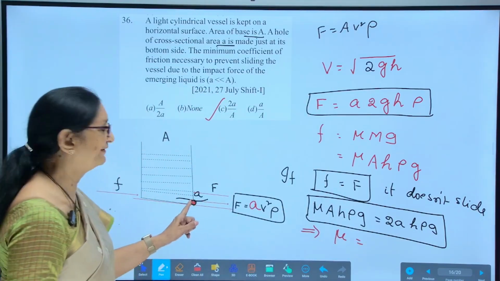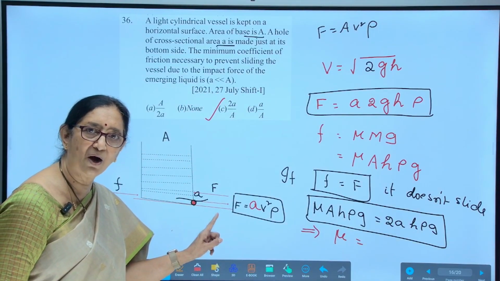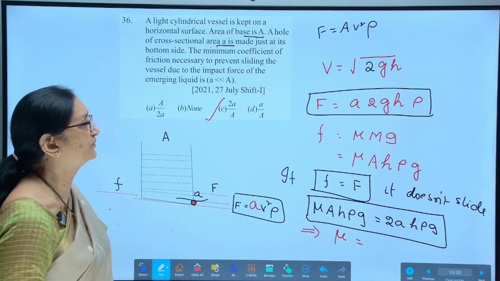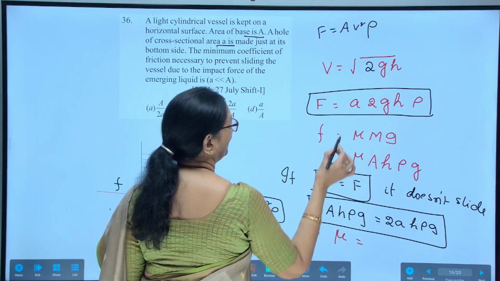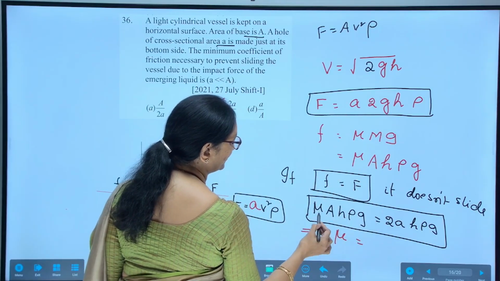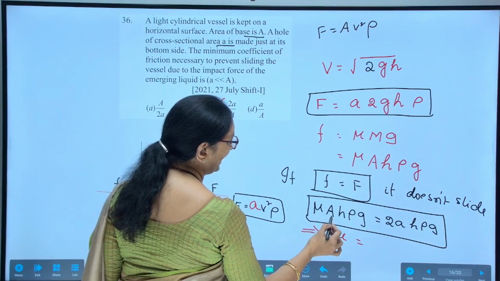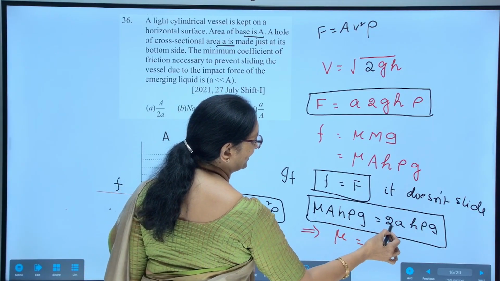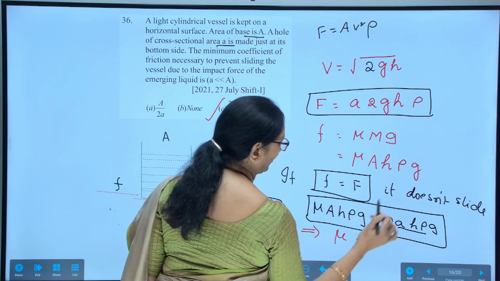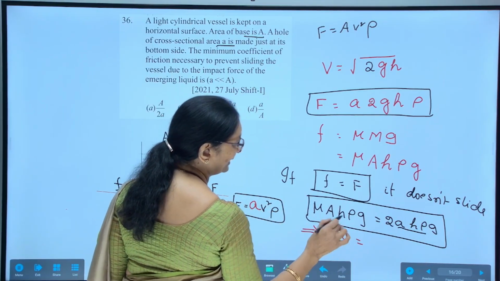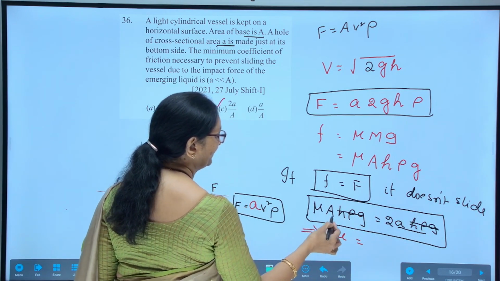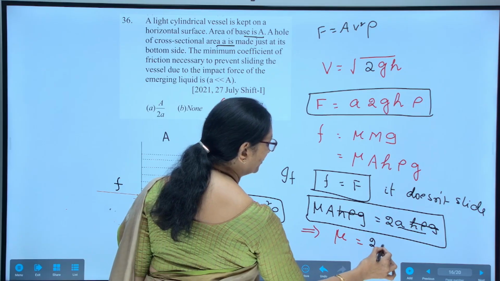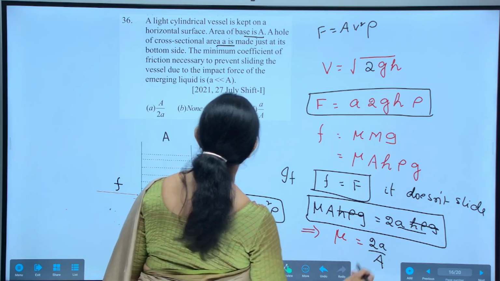But the velocity with which the liquid comes out through this hole is root 2 g h. So A V square is 2 g h rho A. If you balance these two, mu A H rho g is equal to a V square rho. Let us cancel: H rho g gets cancelled, and mu is equal to 2a by capital A,